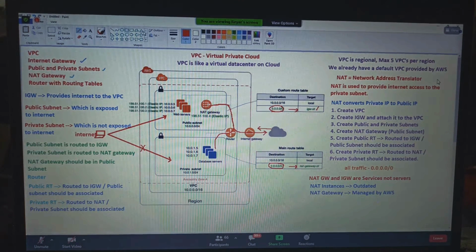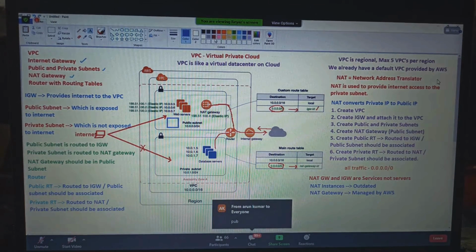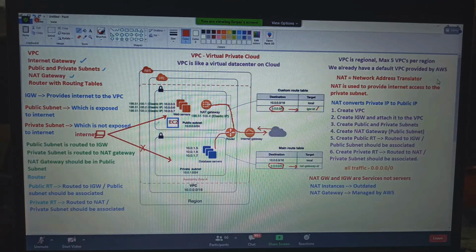Guys, for this, we have a concept called, you can create one EC2 instance here. In which subnet? In public subnet. You can create an EC2 in public subnet, right? Here, you can launch one EC2 instance in public subnet.